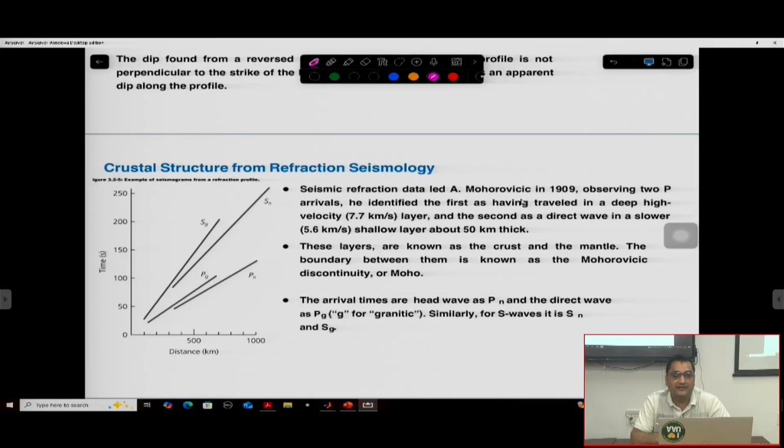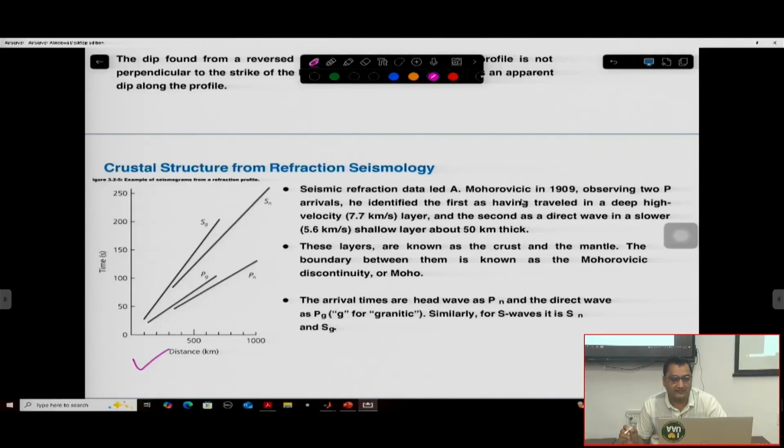So there was a scientist. Do you know the name of the discontinuity between the crust and the mantle? Okay, Moho discontinuity. That is the abbreviated form of Mohorovičić. That is the name of a scientist. So the Mohorovičić discontinuity was discovered by this scientist in 1909,